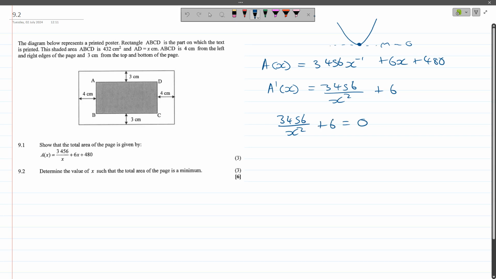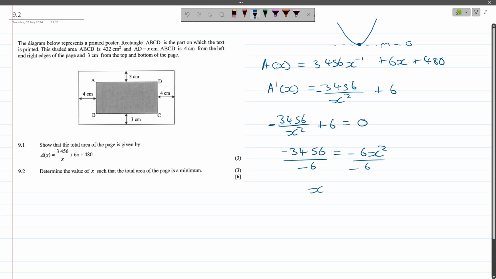Take the 6 to the other side and multiply by x squared. Then you get 3... So this is supposed to be negative 3456, since we multiplied by the negative 1 over there. So let's not forget that. Then from this point on, you can have negative 3456, and take the minus 6 to the other side, multiplied by x squared, we get that. And then what we can do here is divide both sides by minus 6,